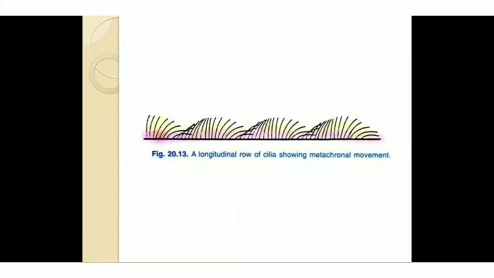This shows the metachronal movement. Metachronal movement is the coordination of the cilia, where the adjacent cilia are coordinated together and sequentially activated over the body and show the rhythmic beating. The bunch of cilia, the group of cilia, beats together in a particular direction. That rhythmic beating of the cilia is called the metachronal rhythmic movement.